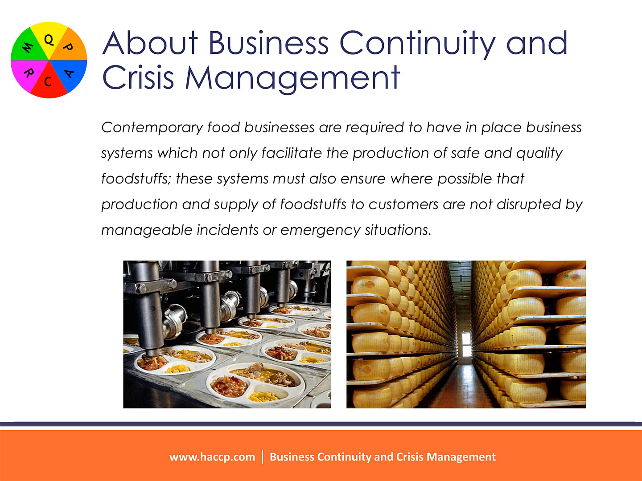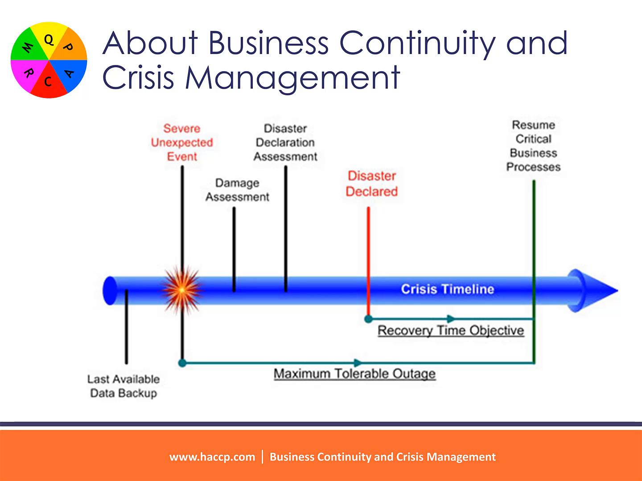Contemporary food businesses are required to have in place business systems which not only facilitate the production of safe and quality foodstuffs. These systems must also ensure where possible that production and supply of foodstuffs to customers are not disrupted by manageable incidents or emergency situations. Provided within the documented training materials is an example flow process showing the mechanics of a business continuity and crisis